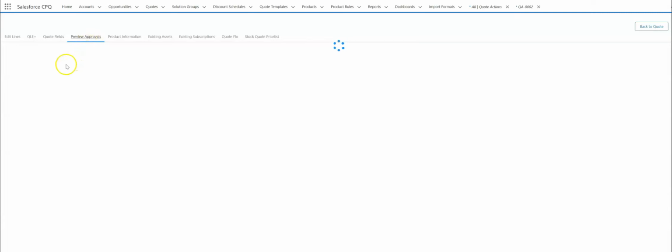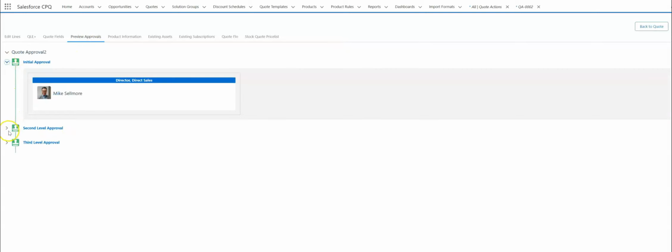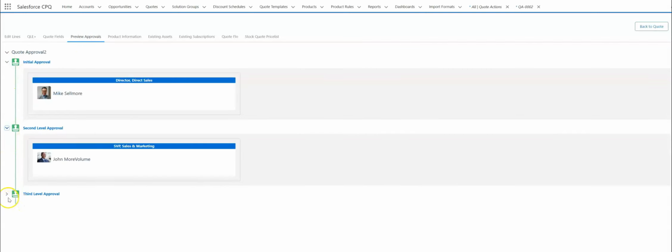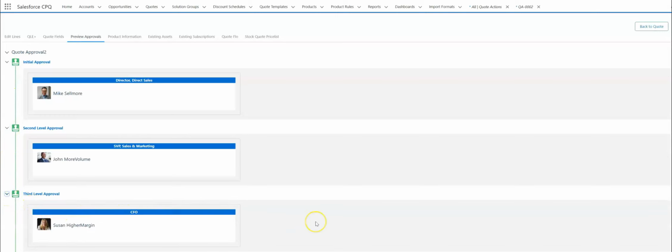code line editor. The preview approval capability works with the standard approvals as well. So today's standard approvals do not provide you preview approval capability, but we have added that on. So depending upon what code line items you're adding, on the fly, it is figuring it out, running through the approval process, and then surfacing the levels of approvals that you need right here within the code line editor itself. So again, the approach is to provide the user the ability to have the information they need to make it easier for them to make their decisions and to put a code so they don't have to go back and